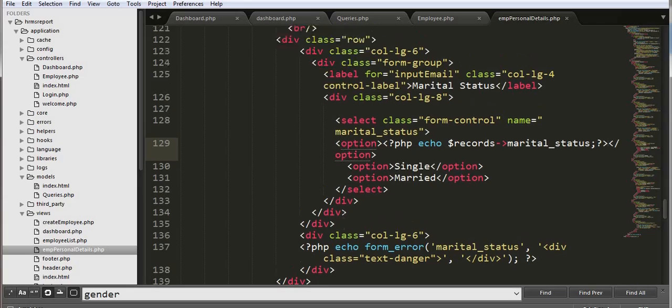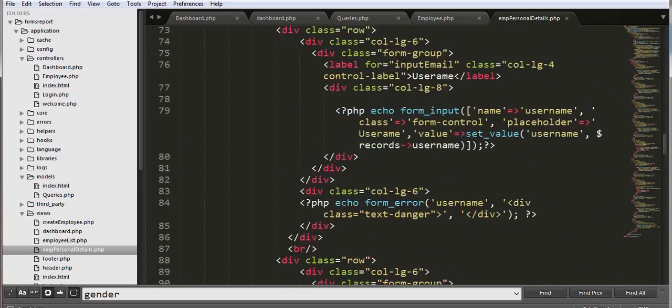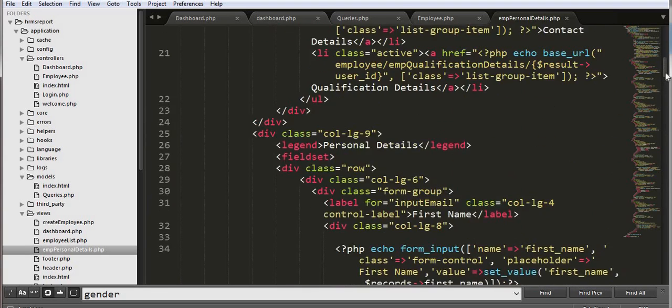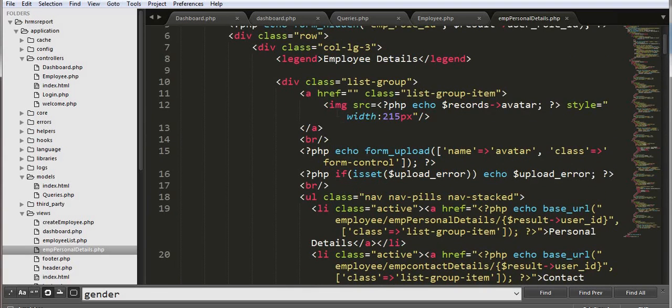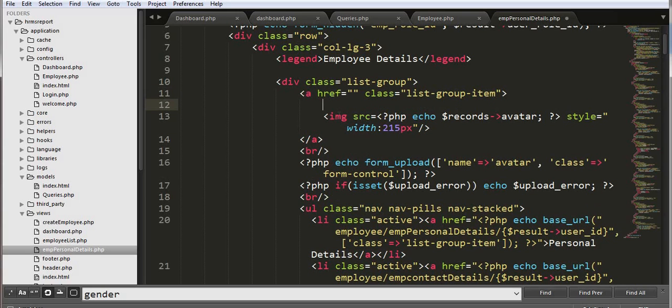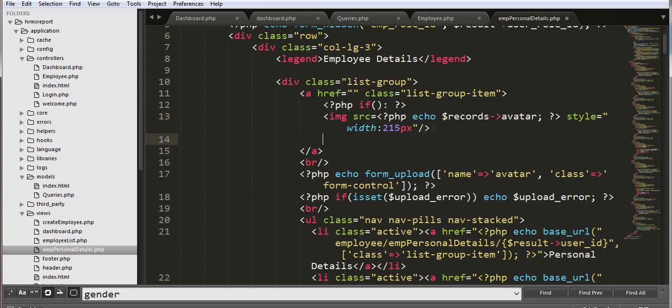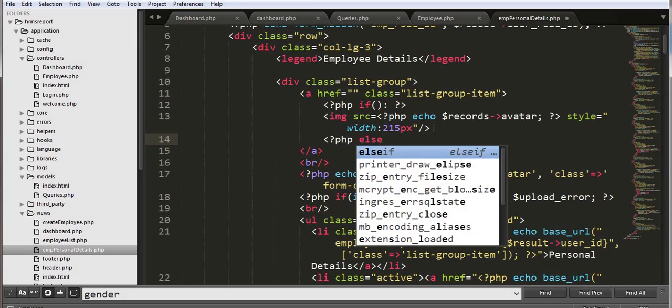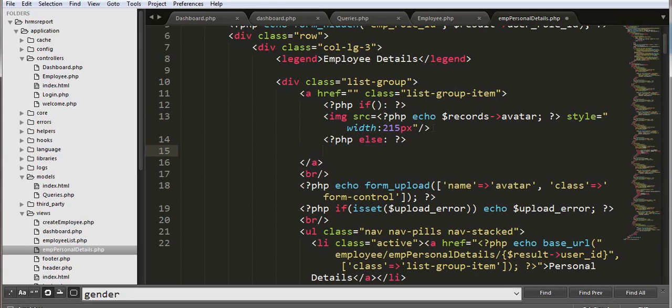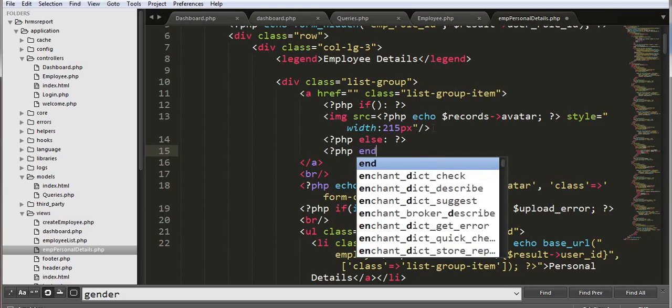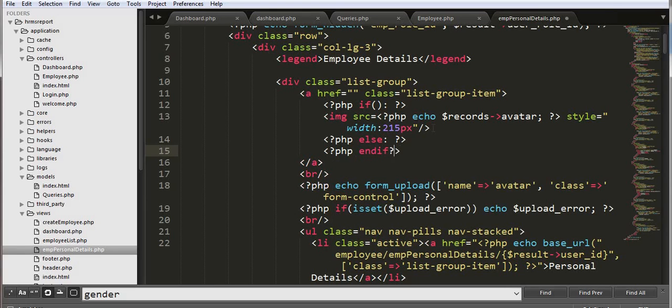So I should set a condition here for each item here. Let's make a condition as